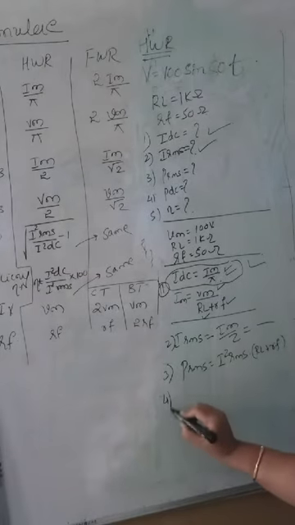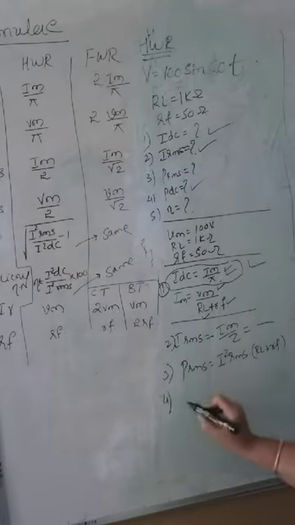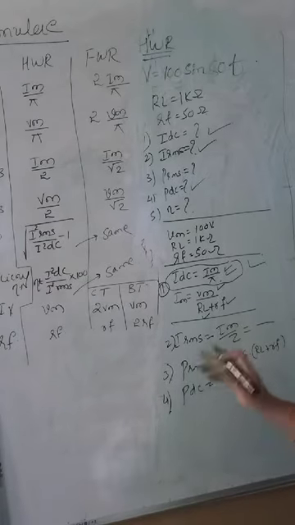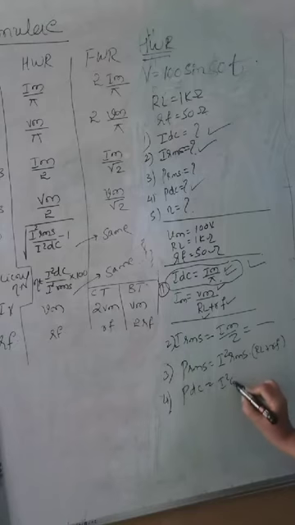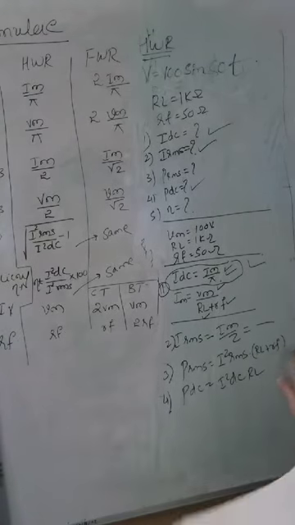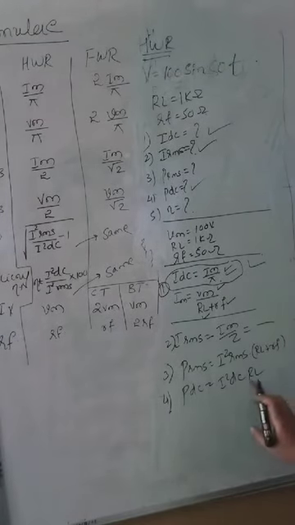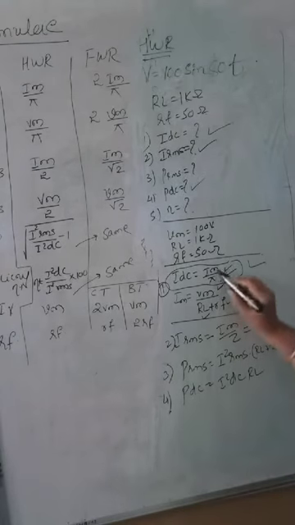So once I get the PRMS, next what is asked is PDC. So again PDC in terms of the other calculated values. IDC I have, I square R. Input side, when you come from the input side, you should consider RF. Only at the output side, no RF is considered because diode will not come into consideration there. PDC is equal to I square DC into RL. IDC value I have, RL value I know. So I will be getting the PDC.